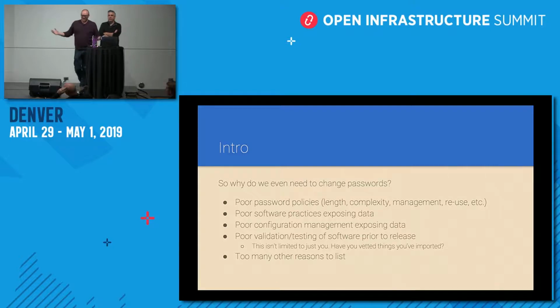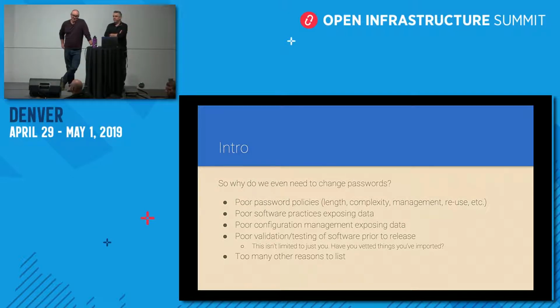So next question we're going to ask is, well, why do we even need to change passwords? Like to that security question, it's thought of afterwards. So a few good reasons. Obviously, there's a ton. Hopefully there's nobody from Facebook here because they've been in the news a lot lately, so I'm just going to pick on them a little bit. But poor password policies are one reason that you sometimes need to change it. If somebody's allowed to make 1, 2, 3, 4, 5 their password, or what is it, OpenStack 1, 2, 3, I think was a default password for a really long time. Not enforcing reuse policies, not enforcing different management policies, complexity policies. That's one reason you might need to change them.